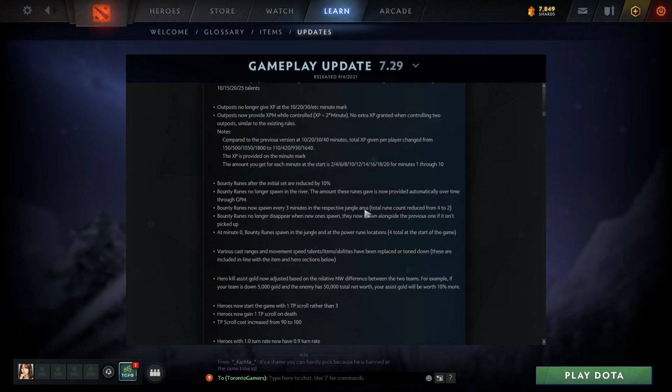Over time, the amount these runes give is now provided over time through GPM. Huh? So are you saying that they don't just give you gold right away, but rather it goes over time kind of thing? Every 3 minutes. Total rune. Okay, so they did reduce the bounty runes. Okay, so I kind of get what they're going with this. So they reduced the bounty runes, but they added the water runes in order to compensate for the fact that...